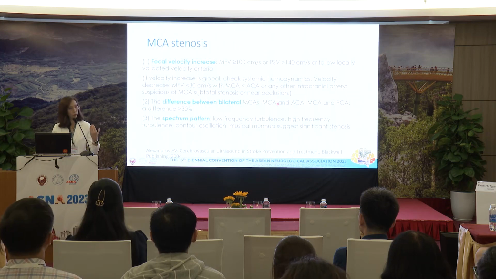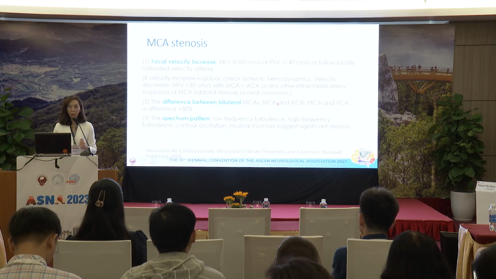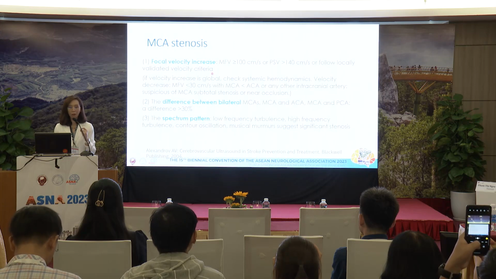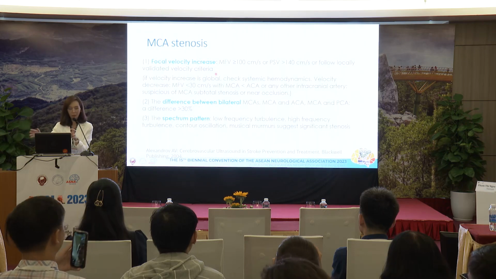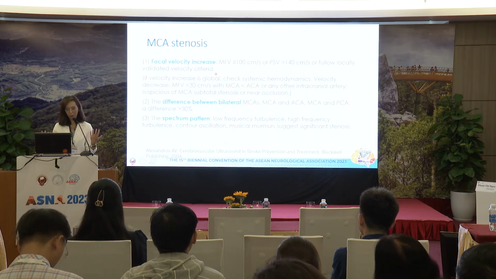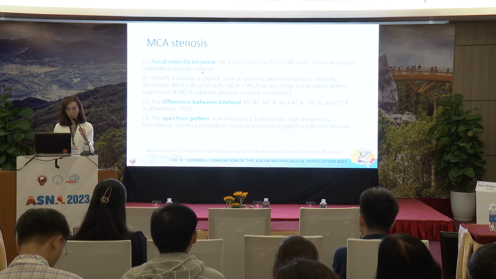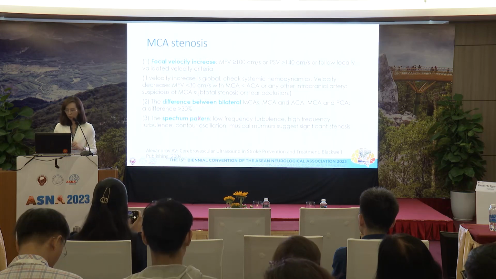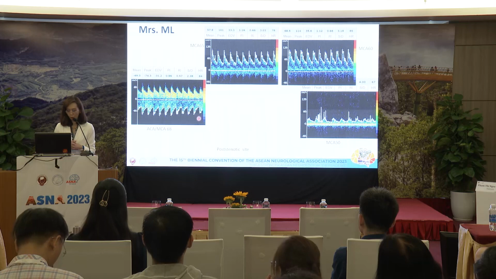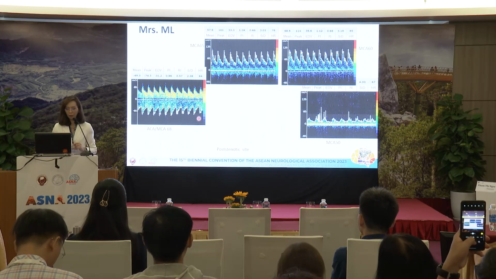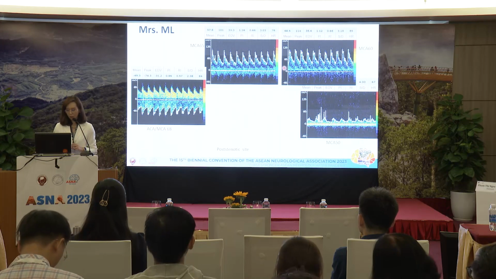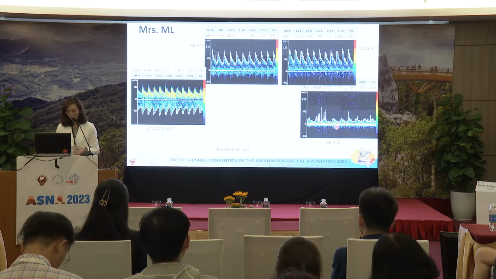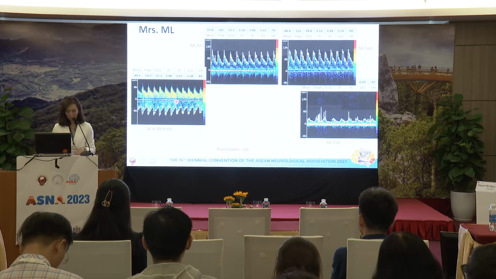There are some criteria, and Ramani has mentioned some of them. And what we expect is to have focal velocity changes, right? If the velocity is the same at all depths, it would be normal, or no focal stenosis. But if you see focal velocity changes, it's very likely that it's a stenosis, right? And this is what it looks like when we perform TCD on the patient that we are having. So this is at the depth of 65 of the MCA here, depth of 60, depth of 50, and this is 68. What do you think?